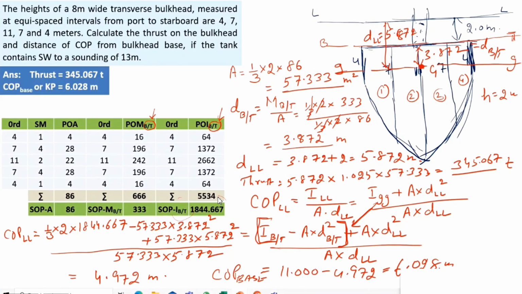KP is 6.028, right? Sorry, it should be subtracted from 13. It is 6.972. I subtracted from 11 because I was just working here to give you some idea about COPLL. I stand corrected. COPLL will be 6.972, and when you subtract from 13, it will come to 6.028, right? Sorry, my mistake. But what was important here was getting the inertia from BT to GG, where it is minus A dBT square,